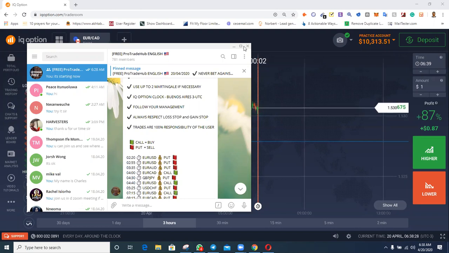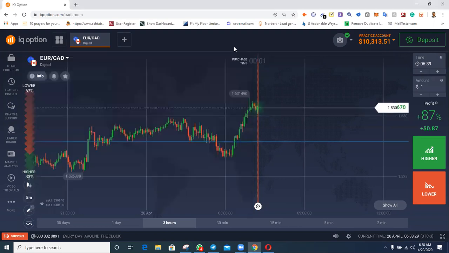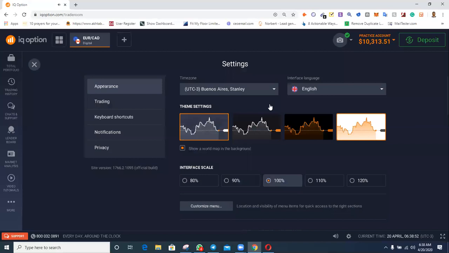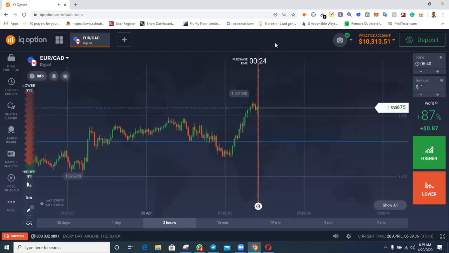So now, I think we are okay with the time settings. Now, for those who are using either the desktop version on Chrome or a laptop, to set your time, you need to come to this place where you see this camera. Normally, if you set it very well, you should have a picture here. So you come there and you go to settings. From settings, you can set your time. That is the only thing you need to do here, nothing else. Others, leave it. Once you set your time, go back to your trading platform.